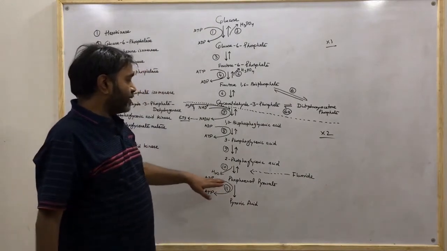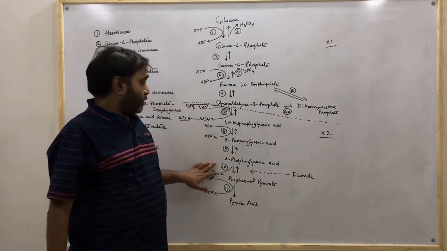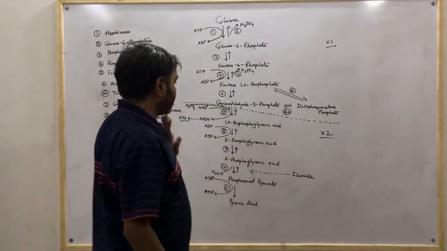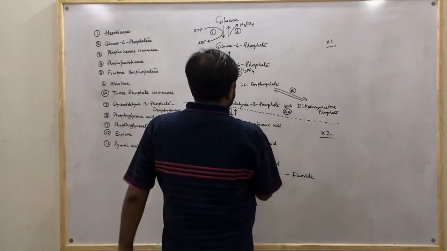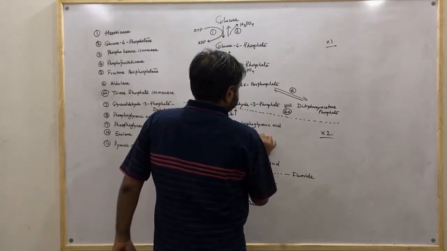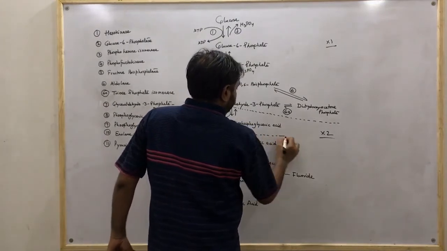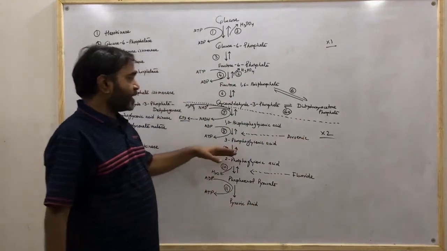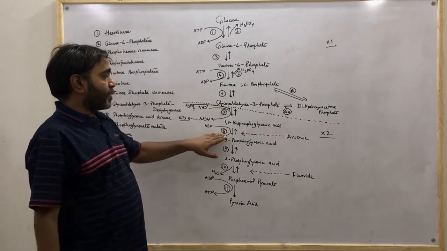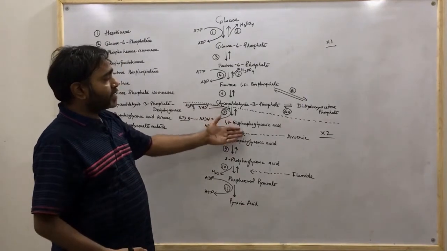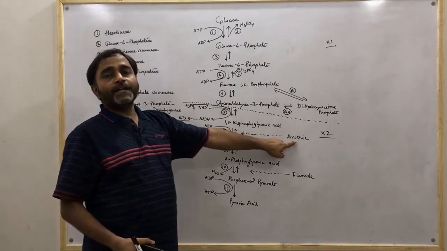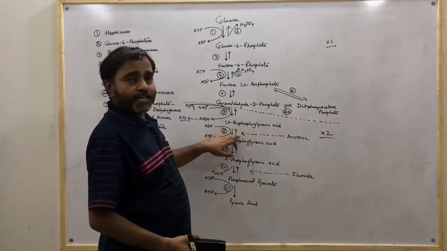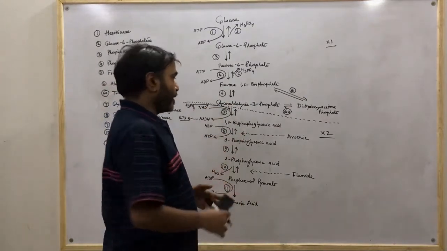The presence of fluoride may inhibit the working of enolase. So this is associated with this step. Likewise, you may also write it over here: arsenic. The presence of arsenic may impair this step. That is, the kinase enzyme will not function because of the binding of arsenic. So this can also impair the particular step in this glycolysis pathway.